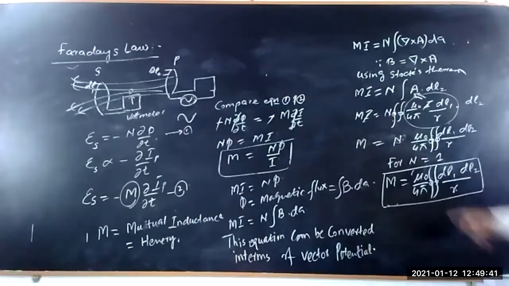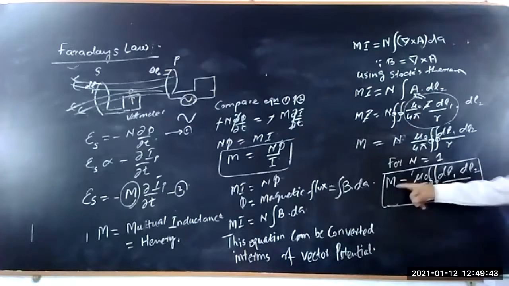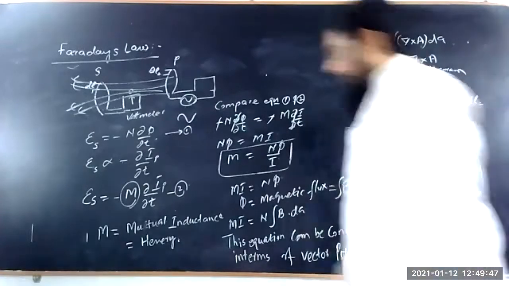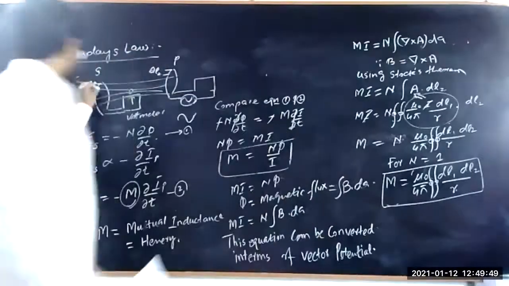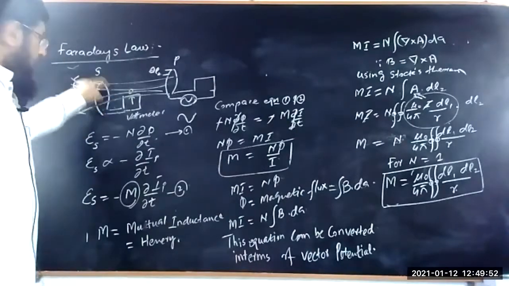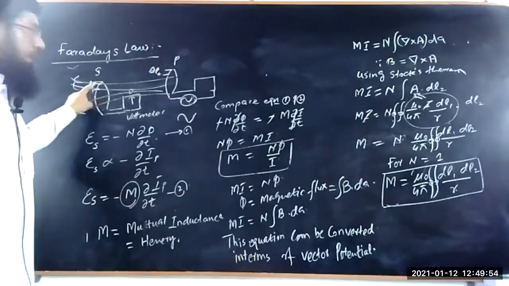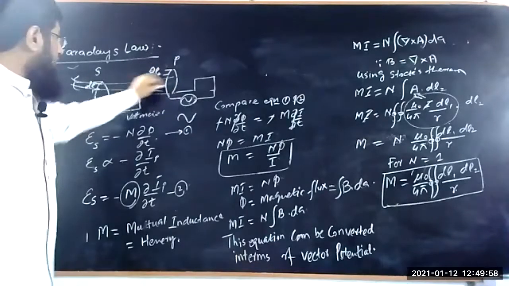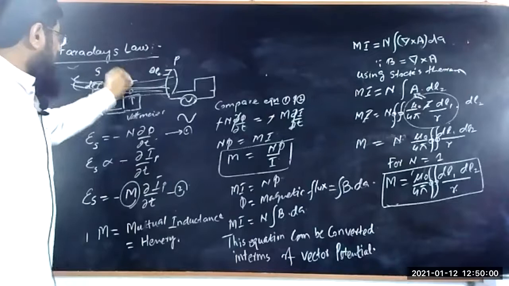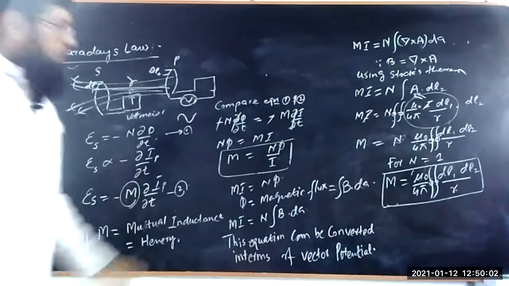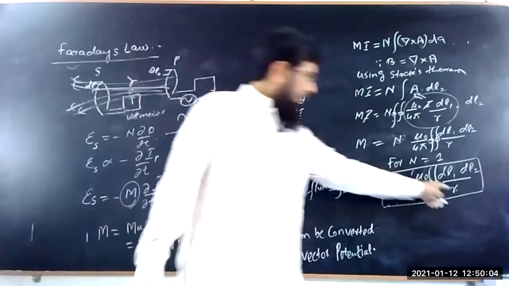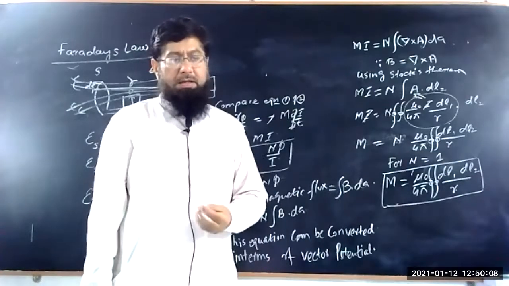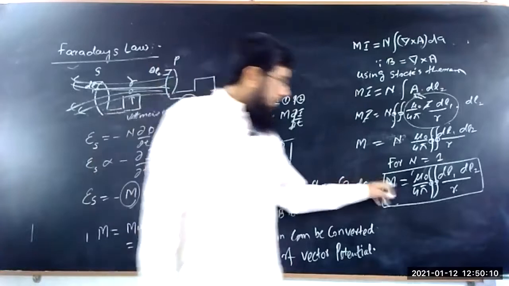So this dl1 and dl2 show that this is dl1, clear? Integral over this gives you the total circumference. This is dl2, integral over this is the total circumference, and this is the r, which is the distance between them. So as a resultant, this indicates that the mutual inductance is the property which depends upon the geometry of